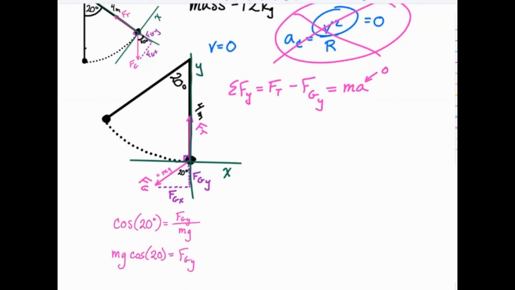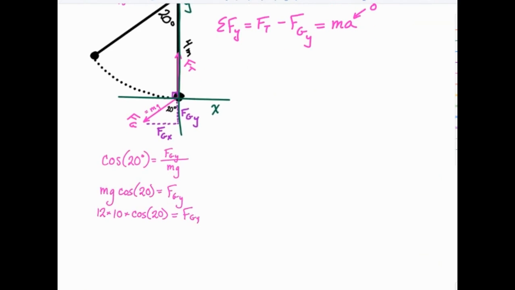And then I just need to plug in my numbers. Well, my mass is 12, g is 10, and cosine of 20. I'm going to put that into a calculator. All right, and I will get 112.763 for my FGY. So now that I have that FGY, I'm going to plug it in up here. So FT minus my FGY, which is 112.763, will be equal to mass times an acceleration of 0, which will be 0. Add 112.763 to both sides, and I'll get a tension that's equal to